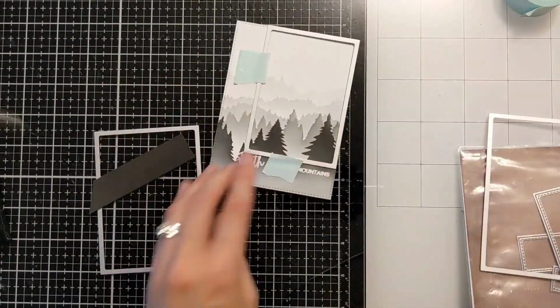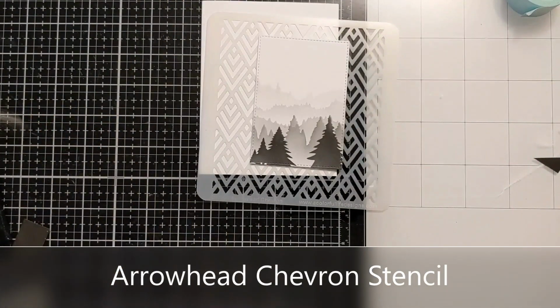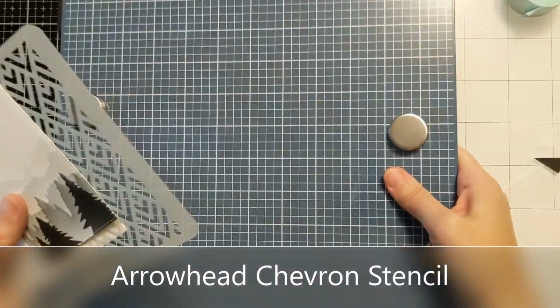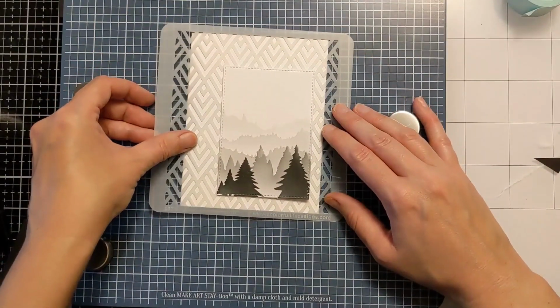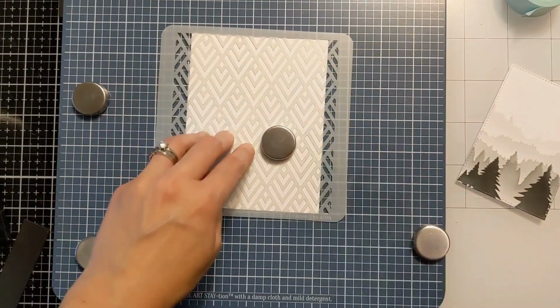I see people using little panels all the time, or putting them in different spots on their card, and I feel like I struggle with those types of compositions. I love how they look, but I'm not very good at it. So this happy little accident, as Bob Ross would say, actually inspired me to try and do this